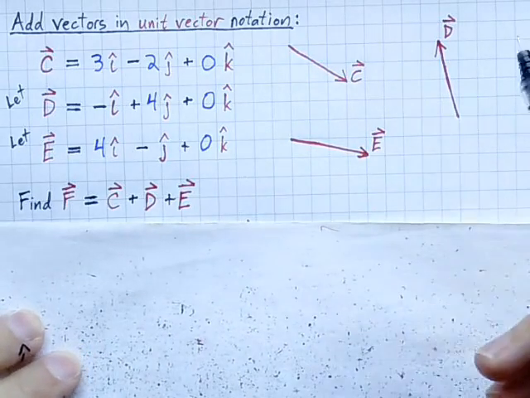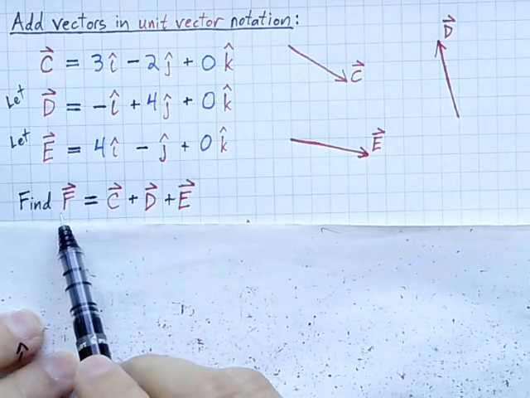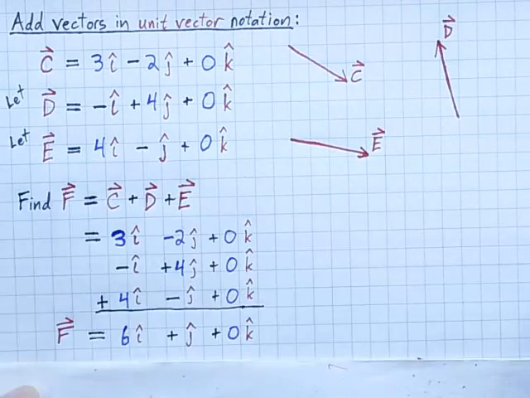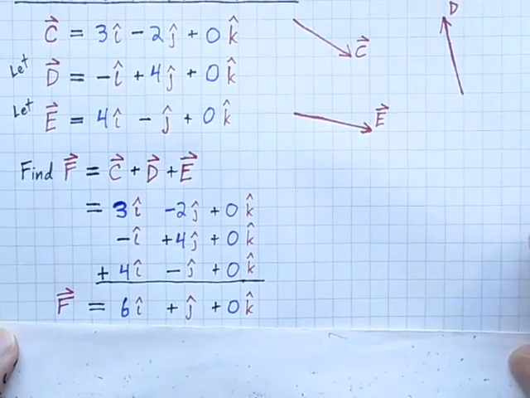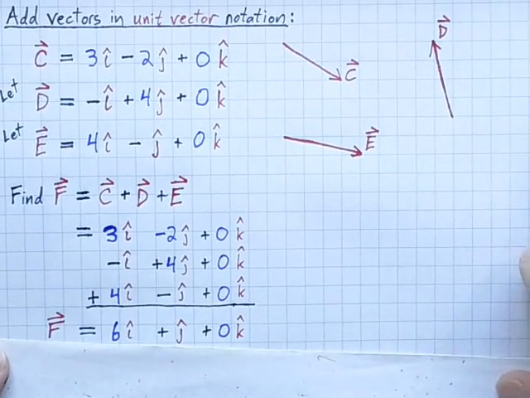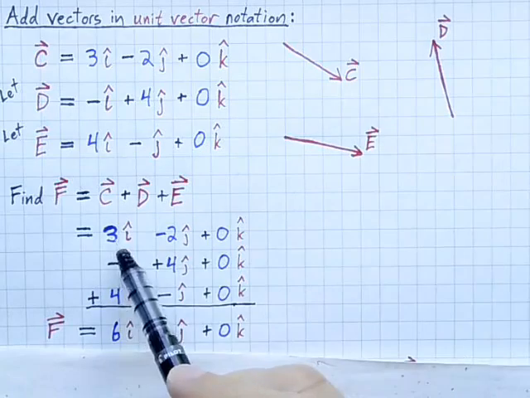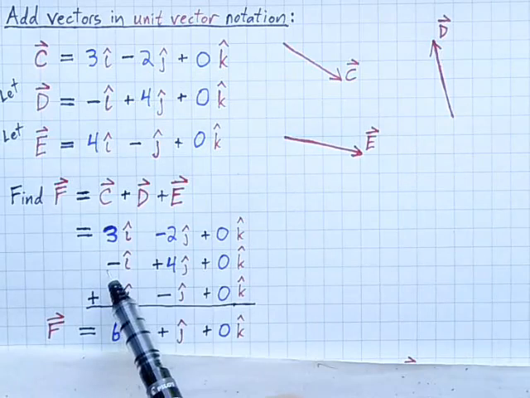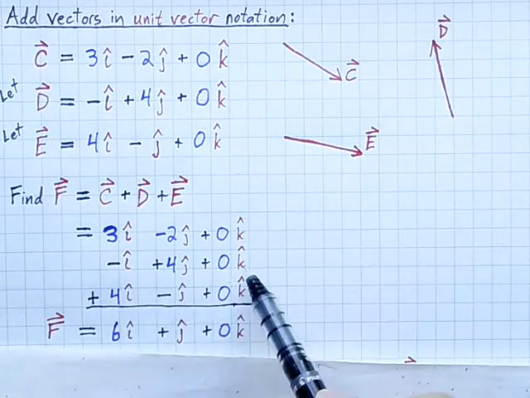What we want to find is a new vector F, which will be the sum of vectors C, D, and E. So we add them component-wise. In unit vector notation, that looks like this. Here is C, 3i hat -2j hat plus 0k hat. Here is D, -i hat plus 4j hat plus 0k hat. And then here is